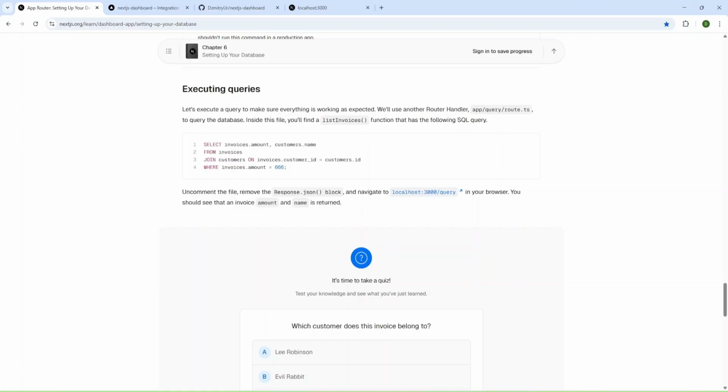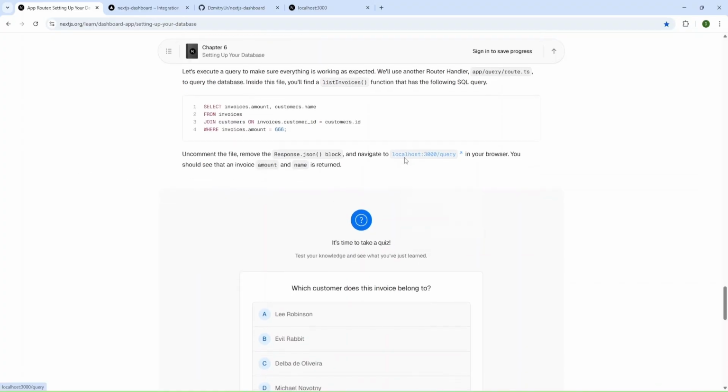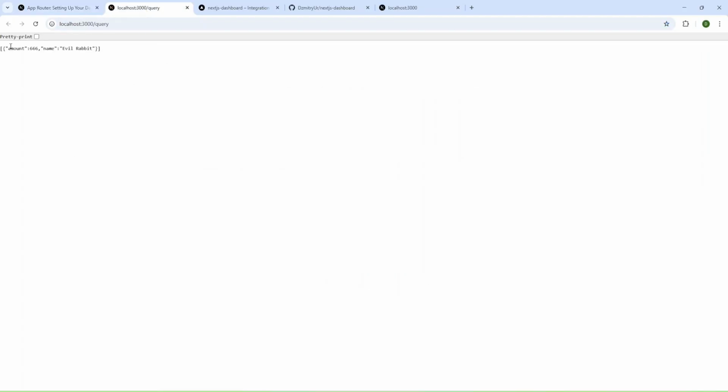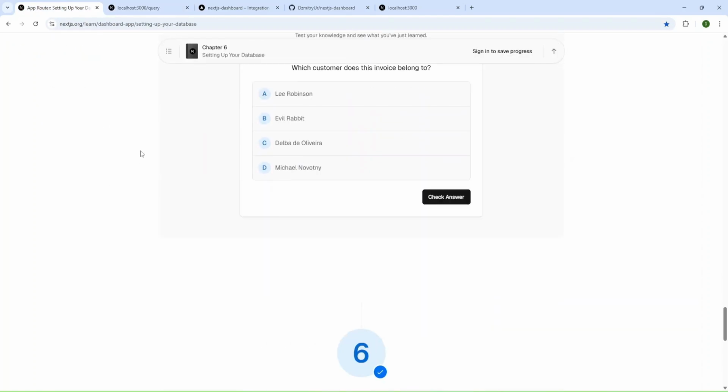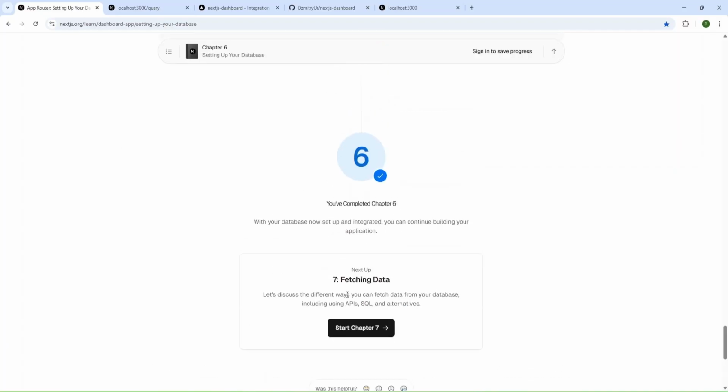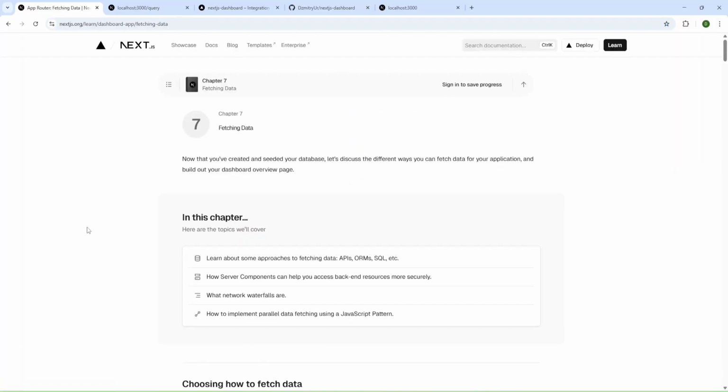Okay, and let's check. And now we can go to localhost and check. And we have some amount and name, and our request was successful. And let's check. And next we have chapter 7, fetching data.